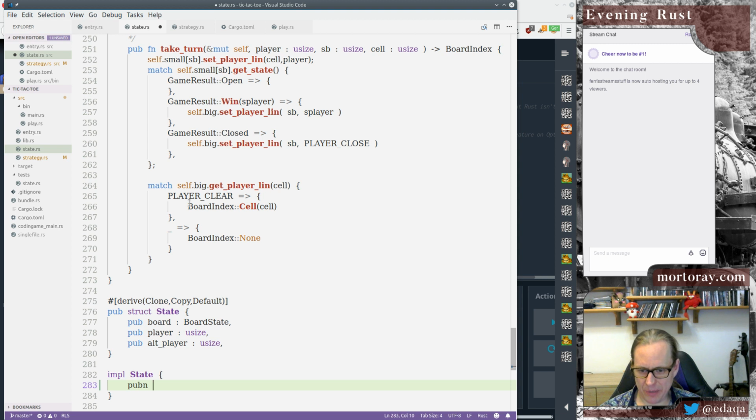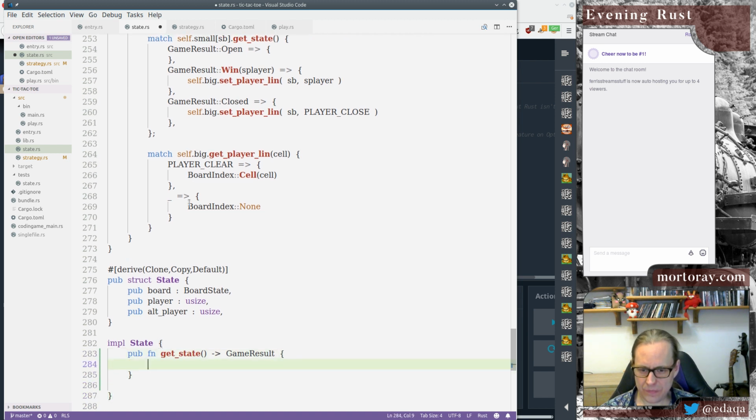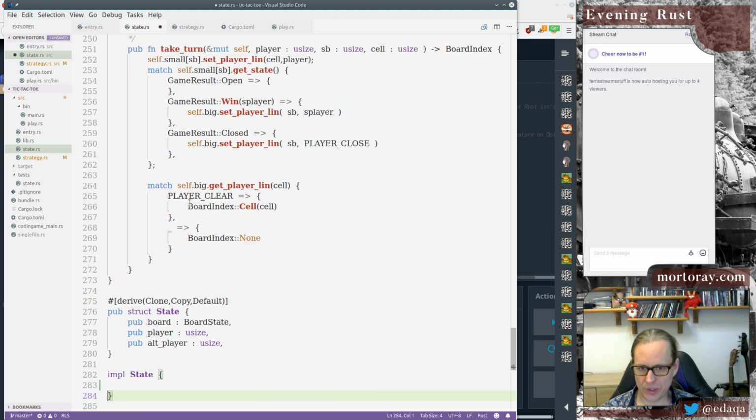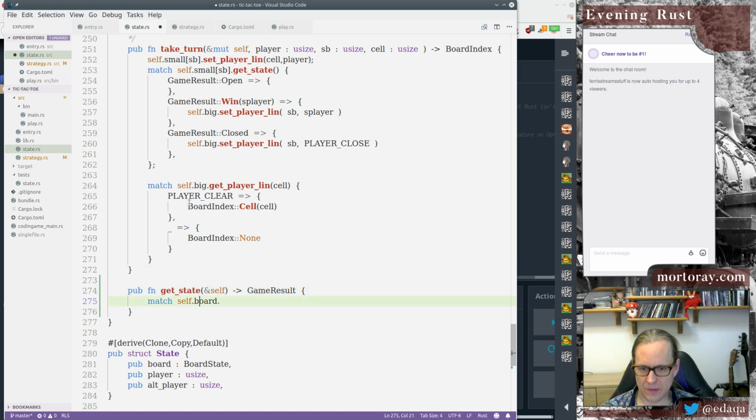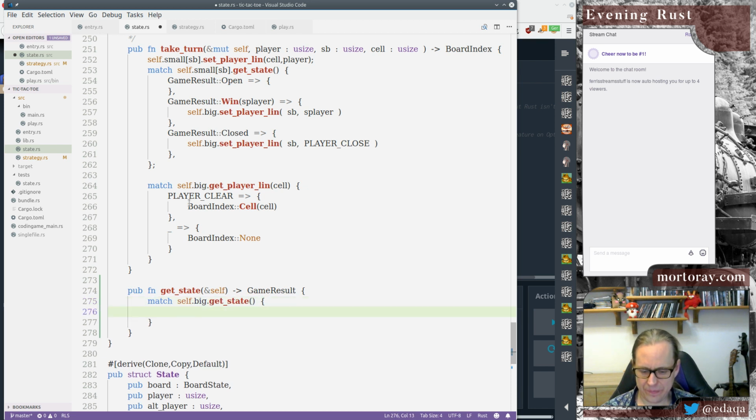So the state actually needs something, a pub function get state for one variation. Because right now when we call get state on the big board, we'll just do this. If the game is tied on the big board, we don't consider the counting of the small board. It's a bit slower, and match self dot board. Actually, we should put this as part of board. Board state. Self dot big get state. And if it is closed,